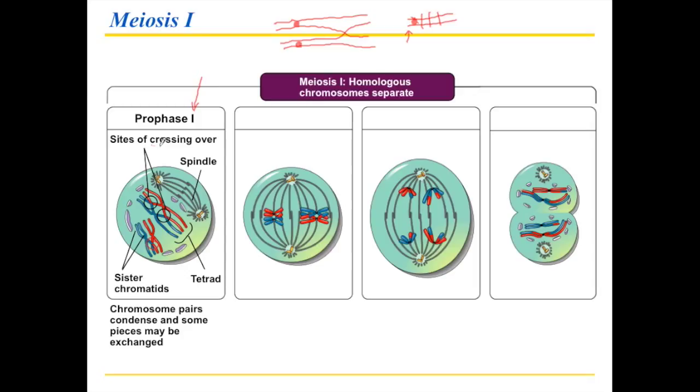This process is called crossing over, because they're crossing over when really they're not supposed to or not expected to, but they do it anyway. And if that happens, then you may end up exchanging pieces. So the piece that is part of the blue chromosome becomes attached to the red chromosome, and vice versa. So it's an even exchange, which means the genetic information on the chromosome doesn't actually change. You're simply exchanging where the information came from.